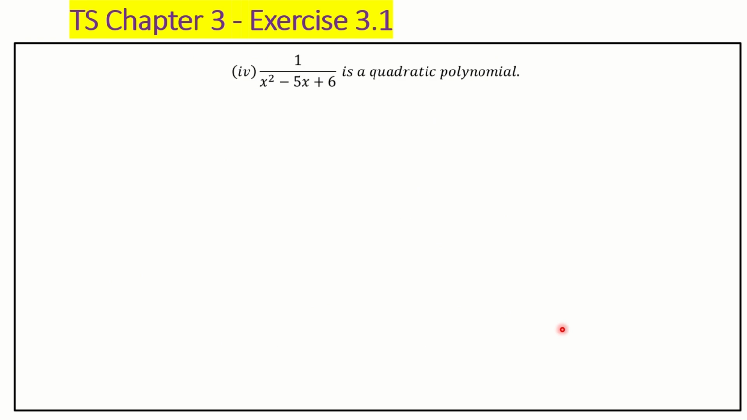1 by x square minus 5x plus 6 is a quadratic polynomial. Okay, so think, is it correct or wrong? As we discussed in the polynomial definition, the variable power should always be a whole number, right? So this is not quadratic for sure, because it is 1 by a quadratic expression. So you will not get x power 2, you may get x power minus 2. So this is not a quadratic polynomial of degree 2. Next,